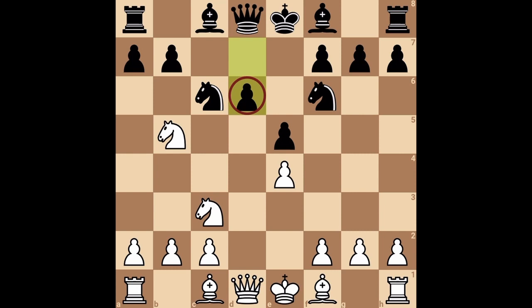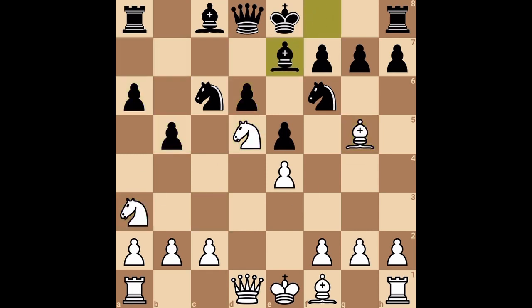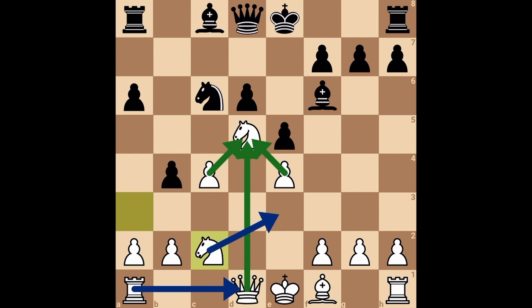In this case, we can see that the d6 pawn is backwards, since if it were to move to d5, it would just easily get captured by white. As such, if we go forward to this position, we can see, first thing that's important right here, white plays this move, bishop takes f6, removing a defender of the d5 square, and then moving further forward, c4, defending this d5 square, and a little bit later, after knight to c2,